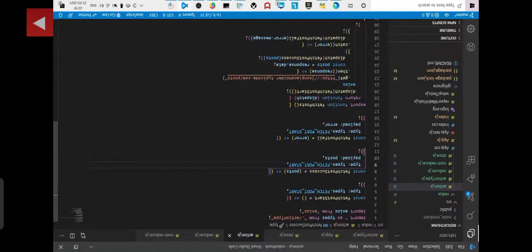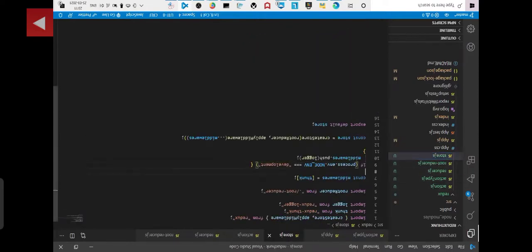So I figured out where I made a mistake. I wrote the same action type for success and the failure. So we need dot fetchPostSuccess, and here fetchPostFail. So if you save this, and one more mistake I have made in store. You have to write process.env.NODE_ENV to check the environment, whether it is development or production. So after doing these changes,